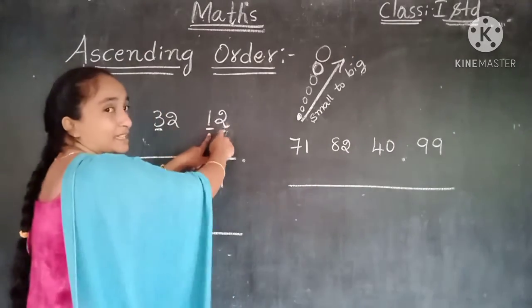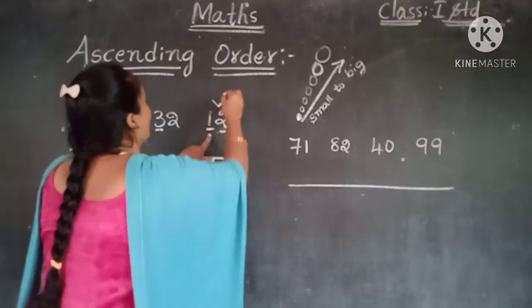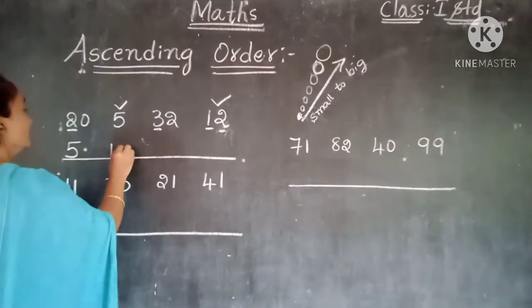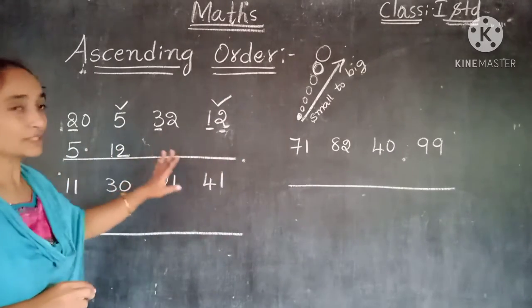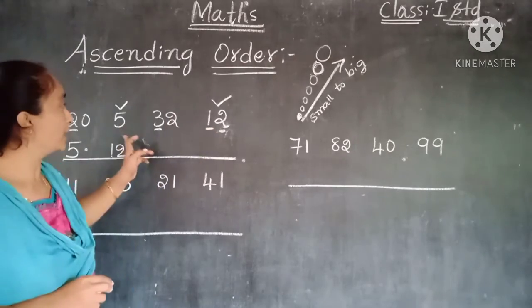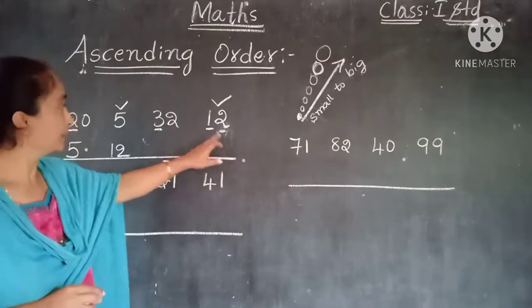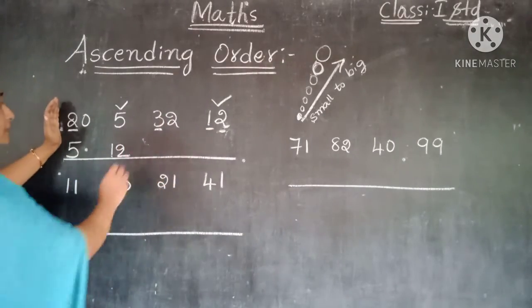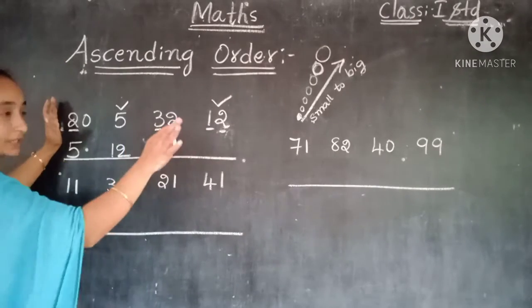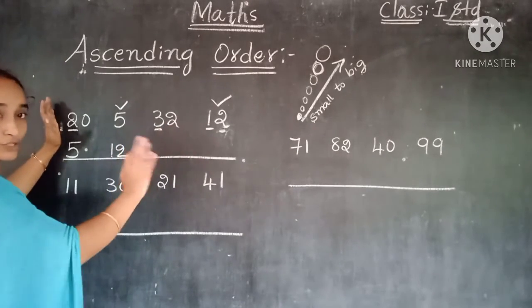So this is the second small number now. So you can give the tick mark. So 1, 2, 12. Okay children? So this is the second number, 5 after this is the second small number. Now comes the remaining. These two numbers have been completed now. We have written them already. No need to check them.